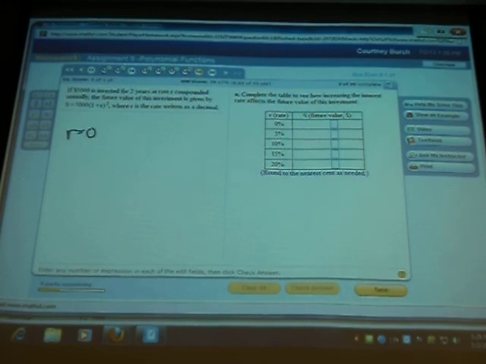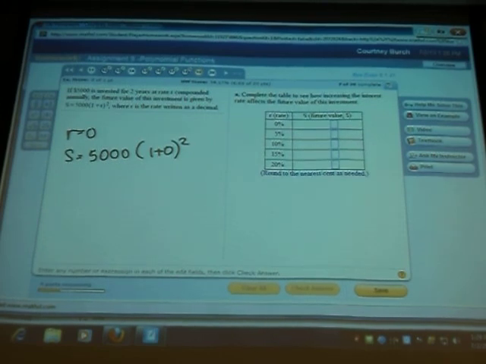Okay, for R equals 0, I would have S equals 5,000 times 1 plus 0 squared. Well, 1 plus 0 squared is just 1. 1 squared is 1. So 5,000 times 1 is just 5,000. Yeah. Okay. You're going to have to do